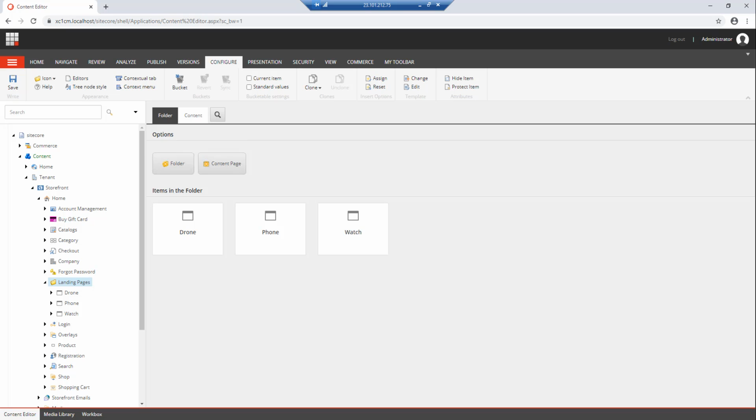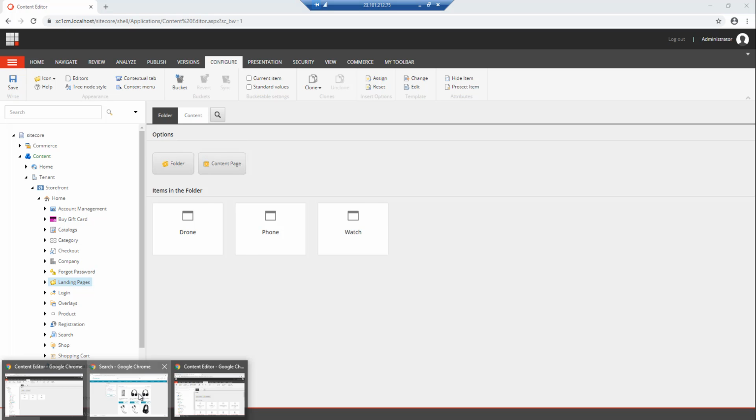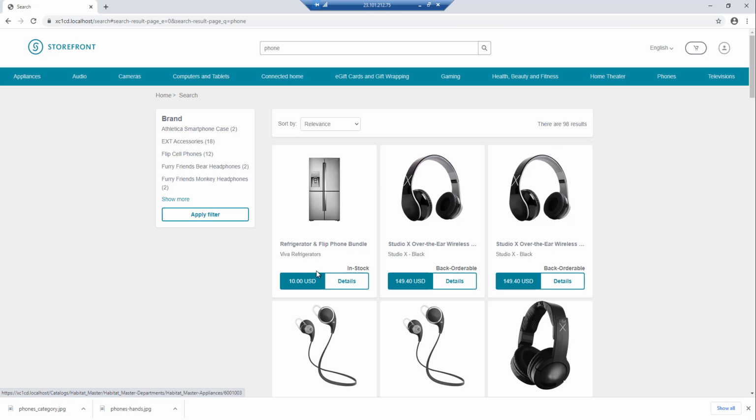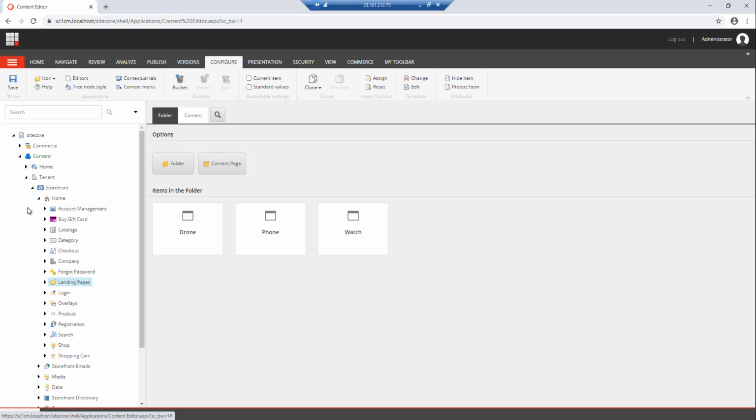So now that that is done, I'm going to go and now add image fields to both the category and also the landing page templates. And the reason why I'm going to do this is because of the way that search works. It comes up with a product image, bit of text, and then a link. So for this example, I'm not going to make any wholesale changes to this. And what I'm going to do is for a category as well as a landing page, we're going to add an image field to them so that when they do appear in the search, there's at least a good user experience. So, but first, let's go and